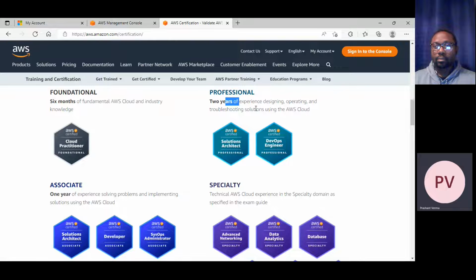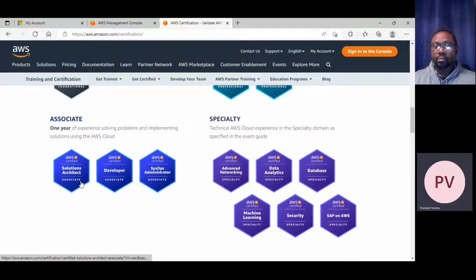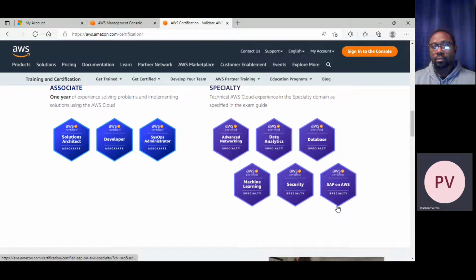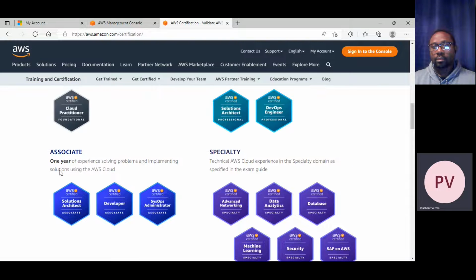Once you have that much experience, you can go for Solution Architect Professional. Right now you are at this level, Solution Architect Associate. And these are the specialty exams they have in database, analytics, networking, machine learning, security, and SAP. For all of these, the basics should be clear.